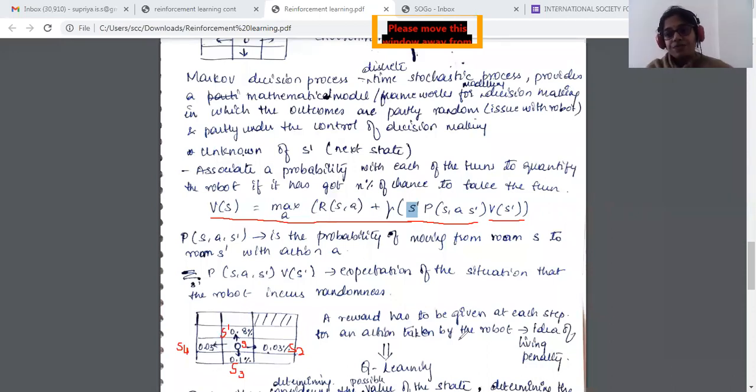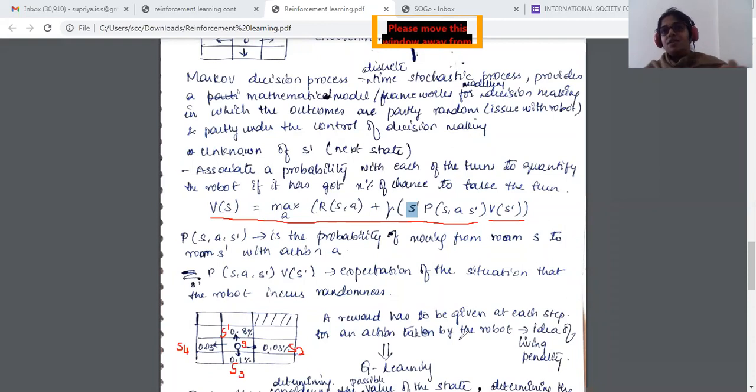Till now we saw, I created the values of the states. Once I created the values of the states, the robot should get to know which direction it has to take, because it doesn't have an idea. In order to do so, we came up with the probability scores. Once we got the probability scores, the robot will also expect: you have done so much for me, why don't you give me a reward? Because I'm performing an action. Give me a reward for that.